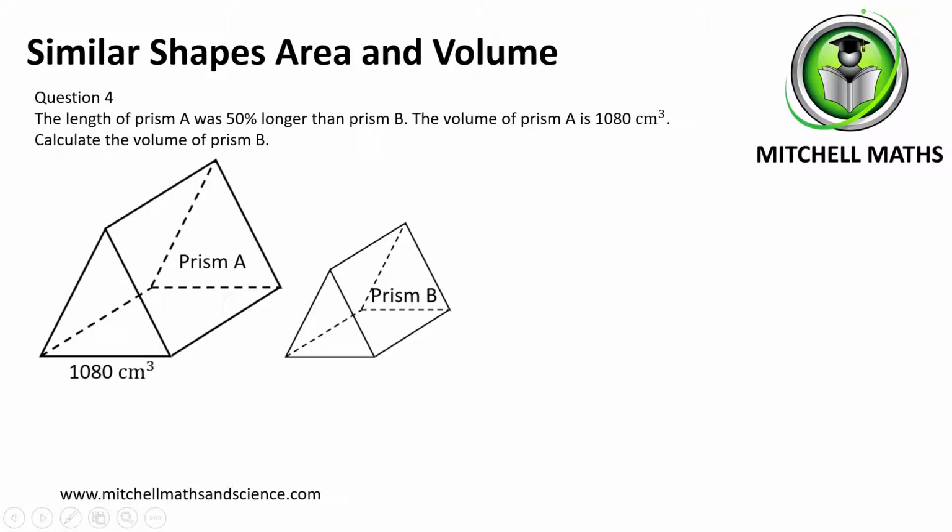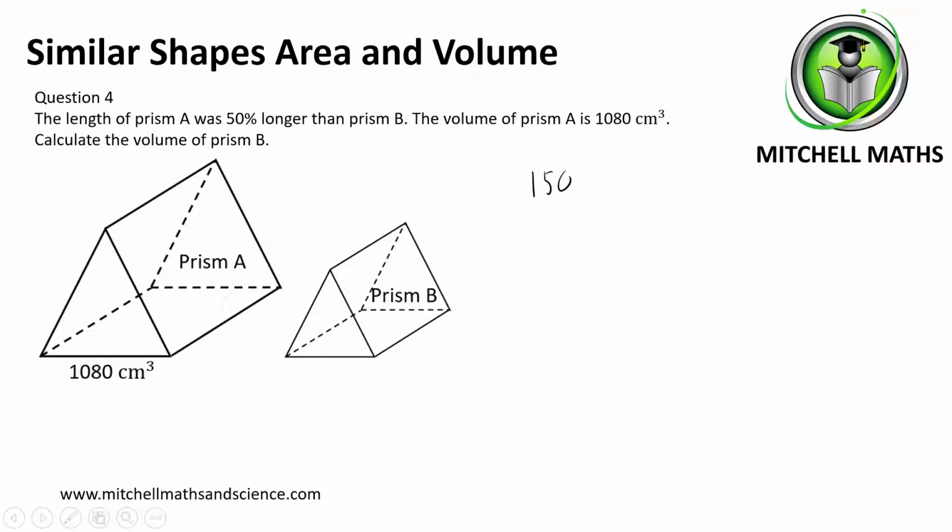In this question, the length of prism A was 50% longer than prism B. The volume of prism A is 1080 centimetres cubed. Calculate the volume of prism B. Well, with this question, we have a volume for prism A, but we don't have any lengths and we don't have any areas. What it did tell us in the question, though, was prism A was 50% longer than prism B. And if we write that as a ratio, well,